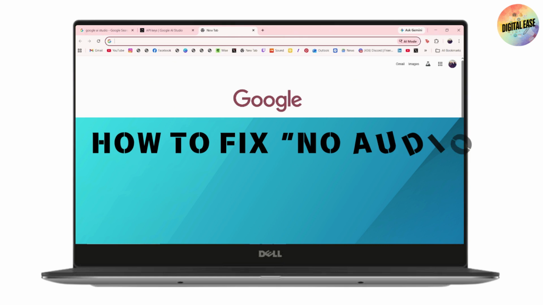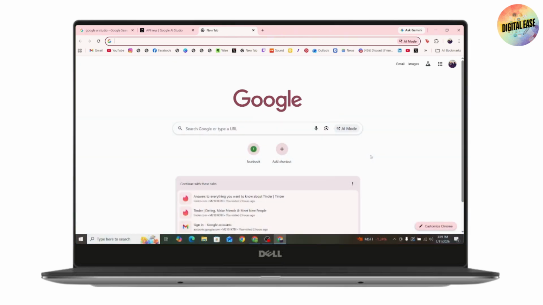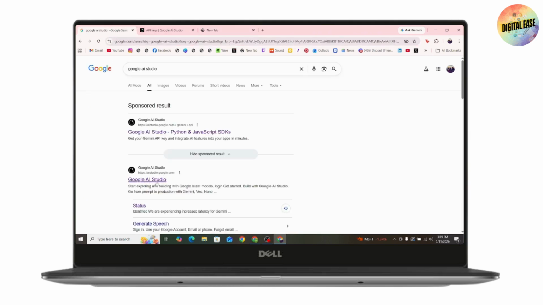How to fix no audio generated in Google AI Studio. So if you want to fix no audio generated in Google AI Studio, then first you just need to simply make sure that you have a stable internet connection. After that, you need to open up your browser and go to Google AI Studio, the official